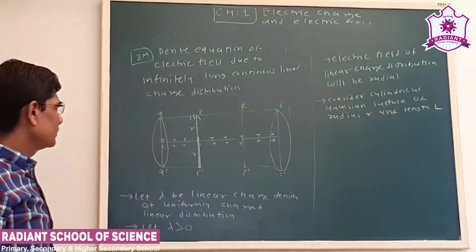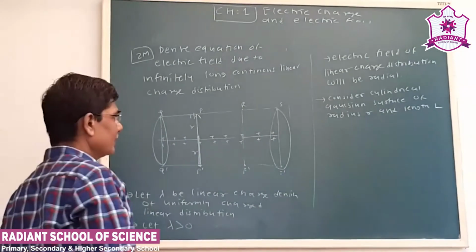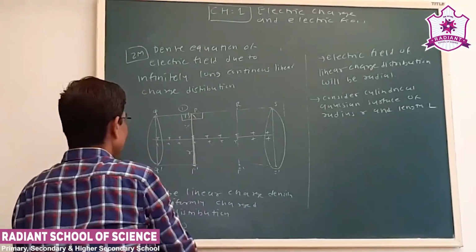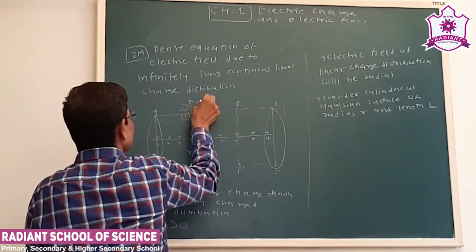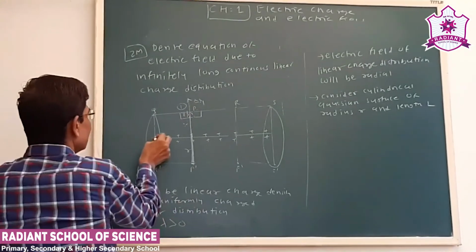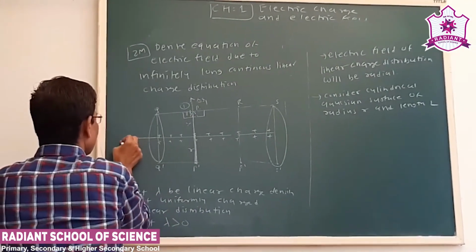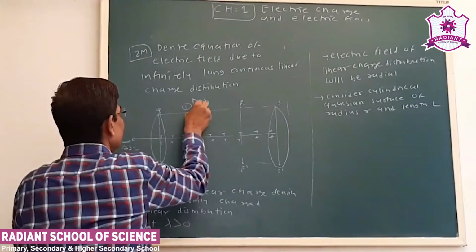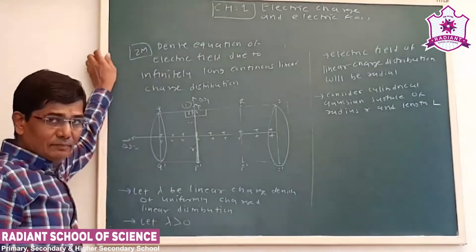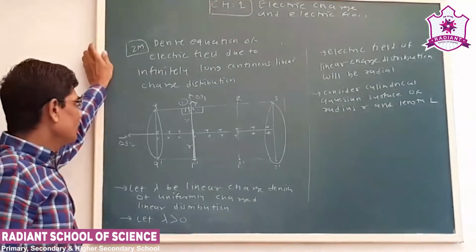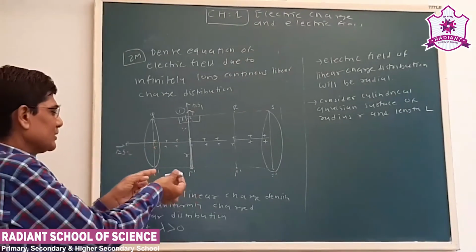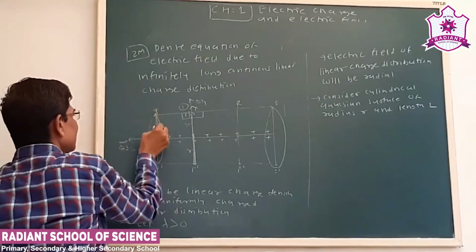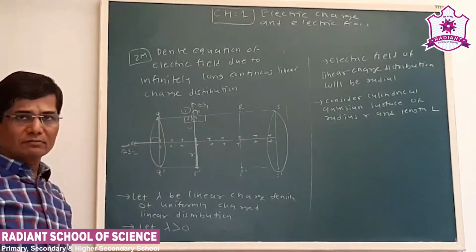Okay. Now see, we have to find the electric flux. Now let us say this is point 1. Now the area vector will be like this, delta S1. Along the sides, the area vector is delta S2. Now in the first case, the electric field and the area vector are in the same direction. So theta will be 0, so the flux will be maximum. Then the electric flux along the end of the wire: the electric field will be like this, the area vector will be like this, so the flux will be 0.